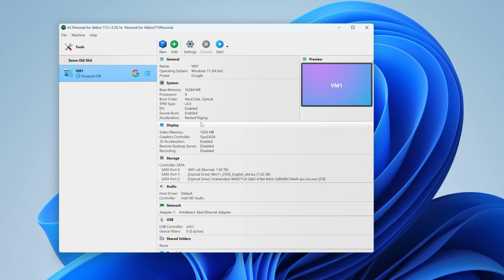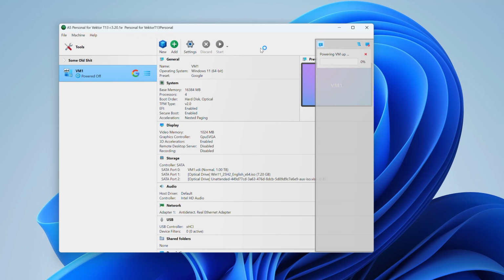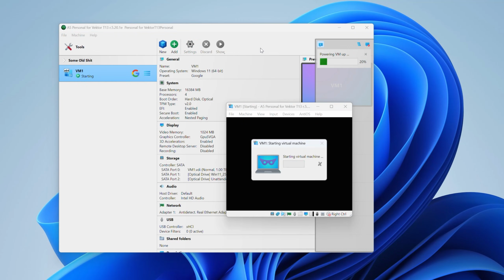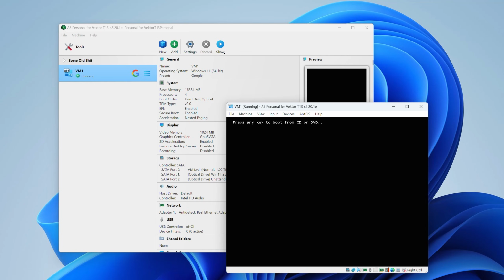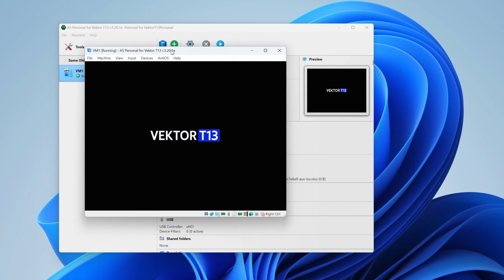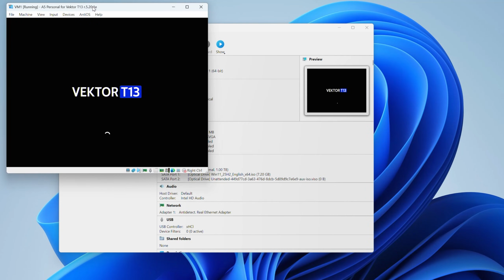In fact, the 50 minutes that I'm saying now, in practice, will only take you to download software from the AntiDetect Expert website, install, create a virtual machine in less than a minute, and start the installation. This is what we are coming to now. We click on the Start button to start installing our virtual machine. And here, just like on a real PC, you have to press any key to start booting the operating system. The boot of the operating system has started successfully, and the installation process will now begin.